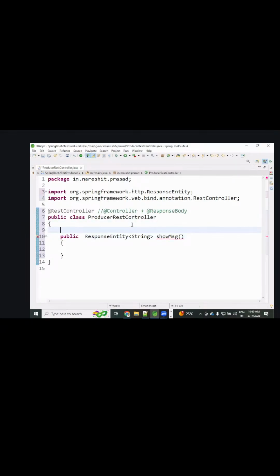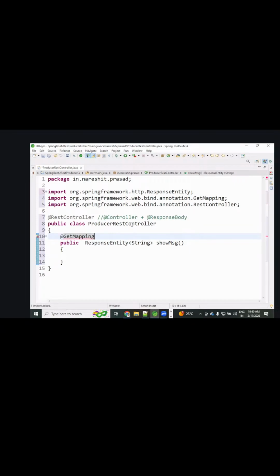See, on this one I am going to use the annotation called GetMapping. Control Shift O, so that I am just passing the request action URL. So that's it.